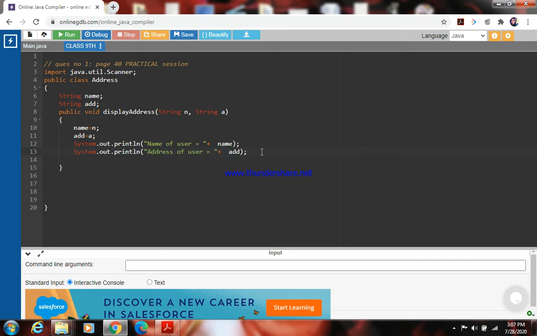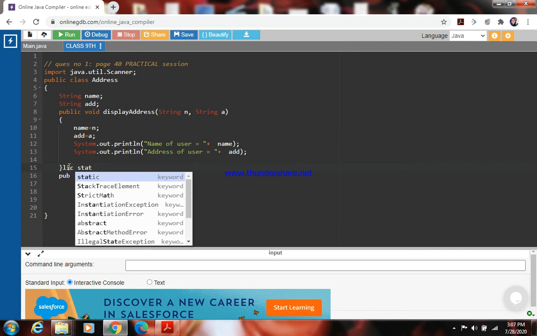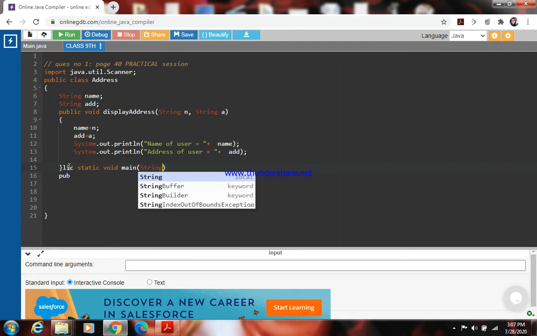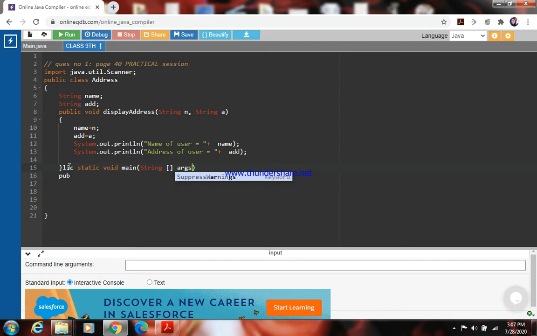So in this way I can show the address of the user correctly with the main method, that is public static void main, String args.